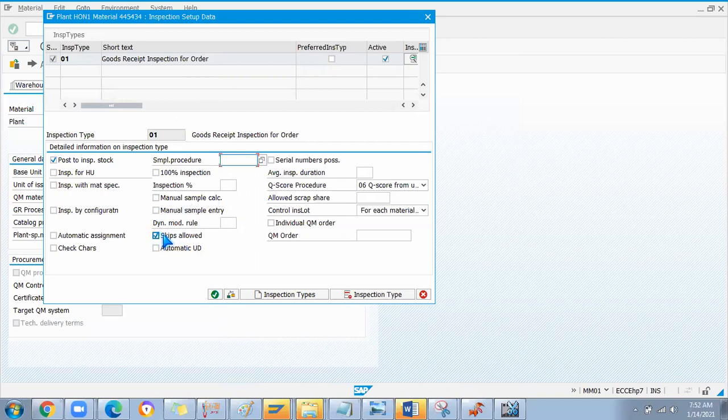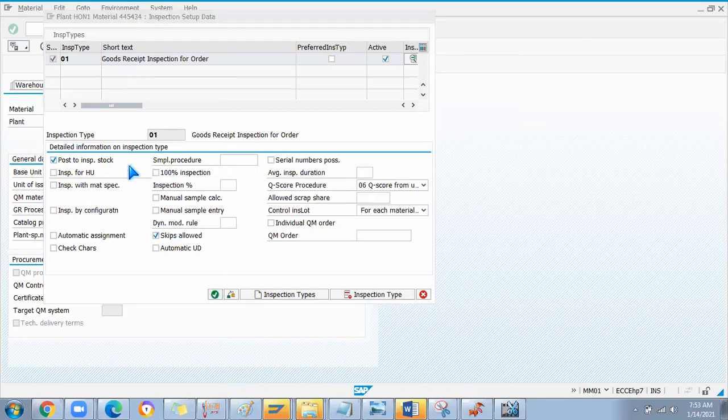Like that you can check this checkbox. Okay, don't worry about information on the QM module. This is totally for the QM consultant to take care of. You should just know how they maintain this inspection type. Okay, save it.